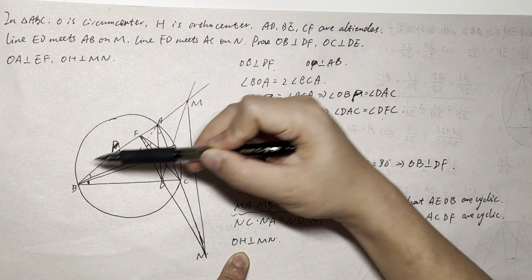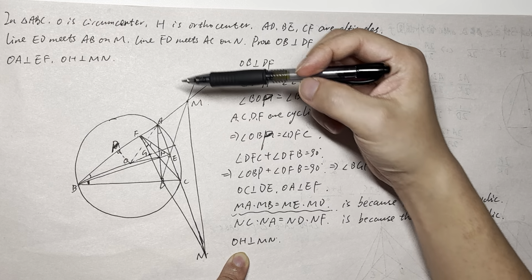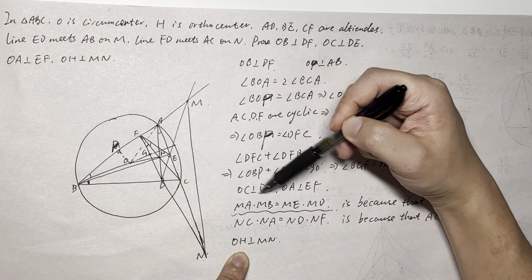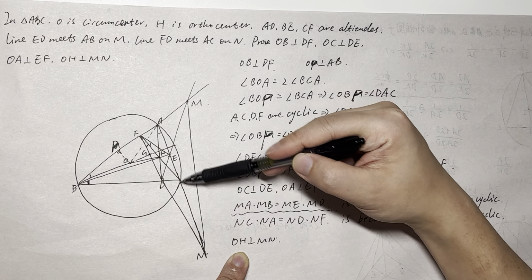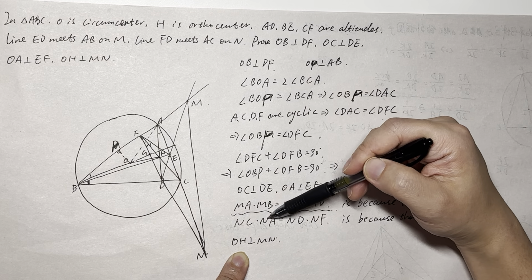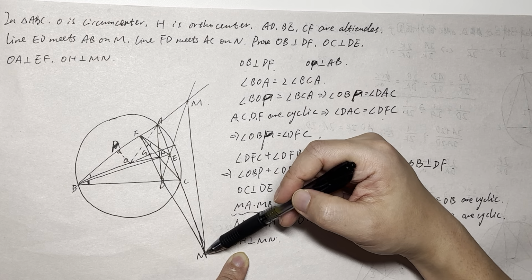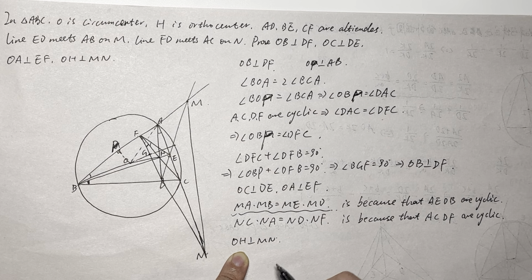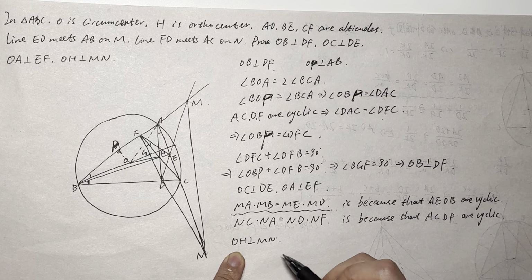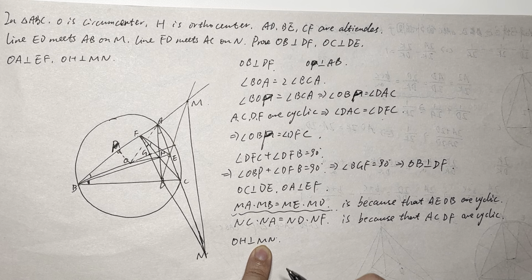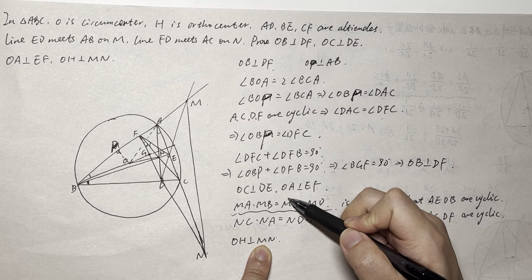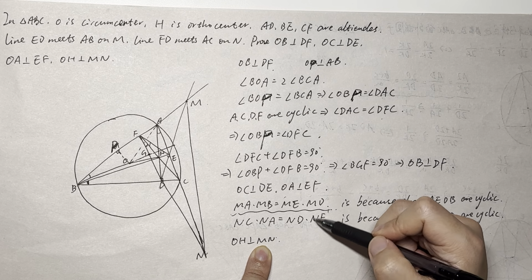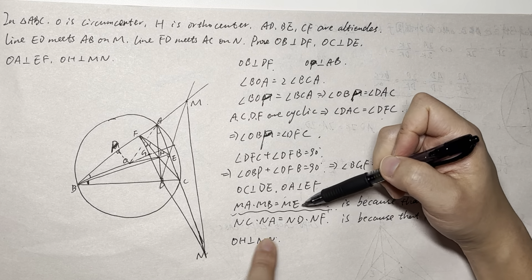MA times MB is the power of M to circle O. Right? And NC times NA is the power of N to the circle O. So it means that if we can prove the right part of this stuff is also